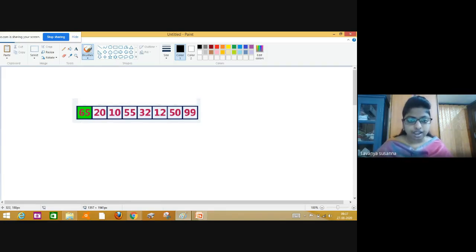See here, how many elements are there? N equal to 8. If there are n elements, always remember that the index starts from 0 to n minus 1.